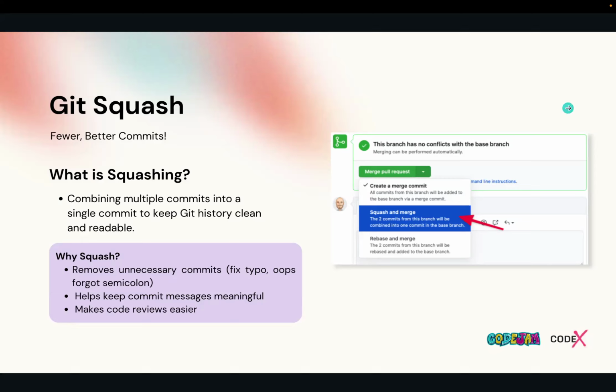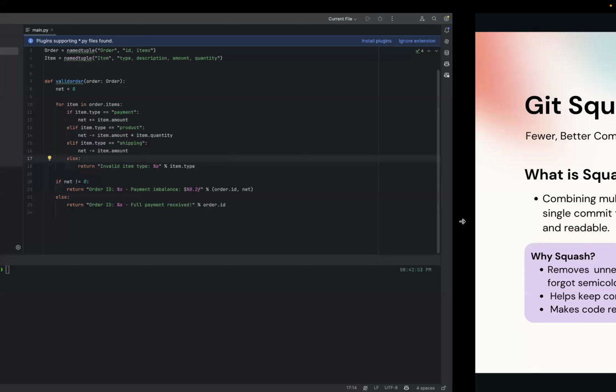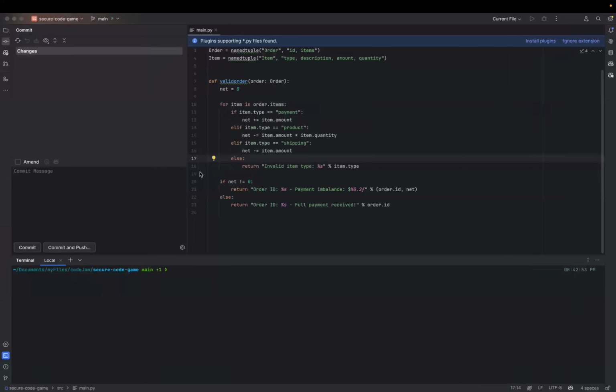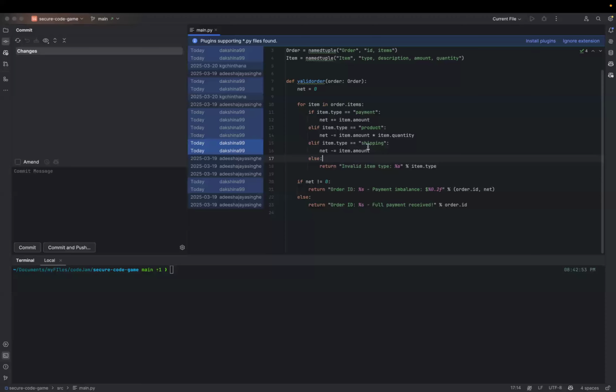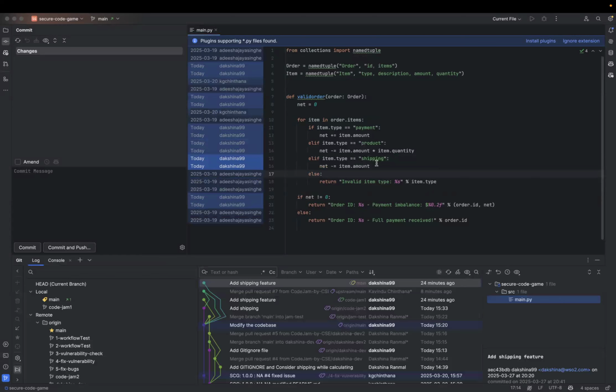This git squash is very essential. Squashing things is very essential. Let's say I have implemented the shipping feature here. The use case of squashing is this. By clicking on git blame, you can see a commit here, adding shipping feature.